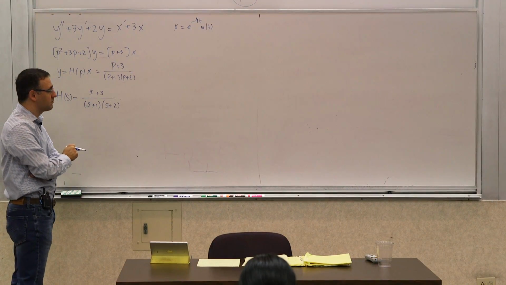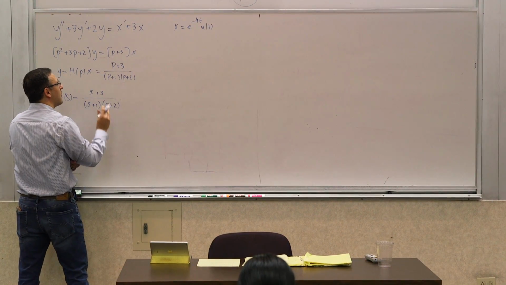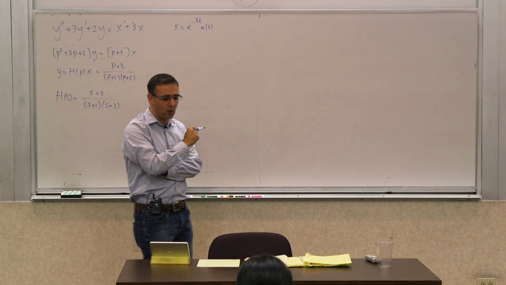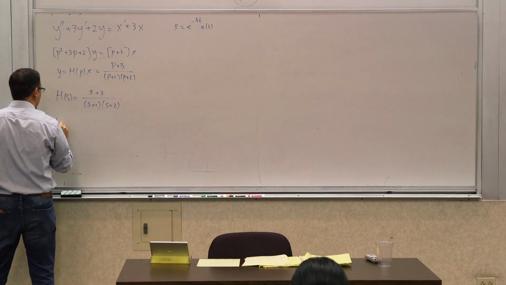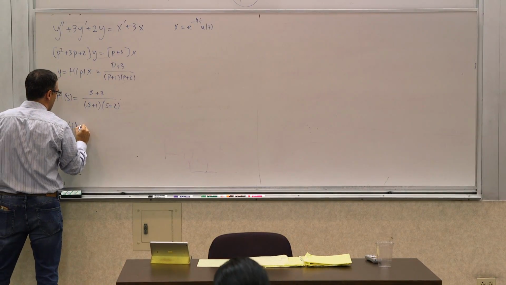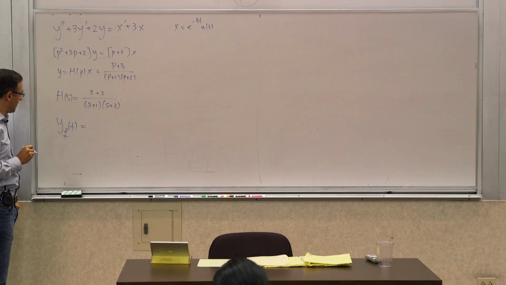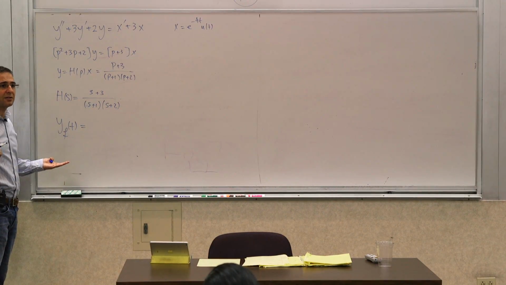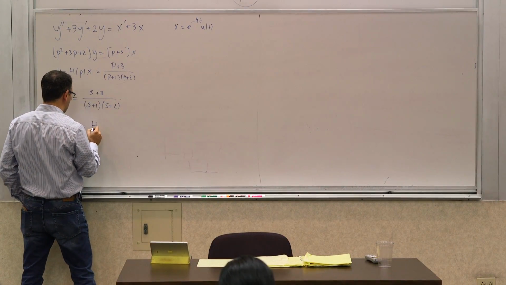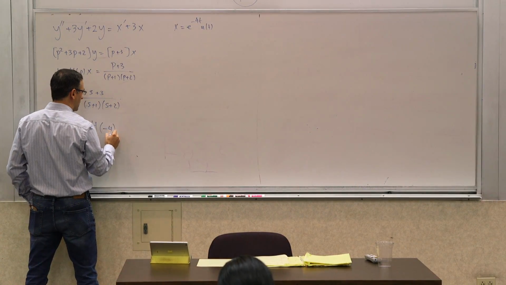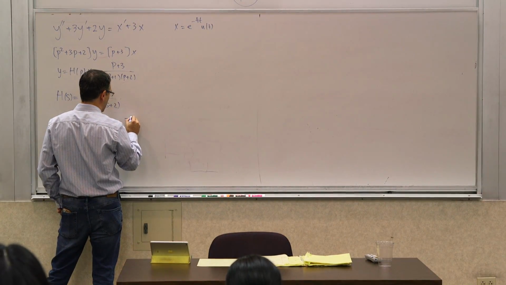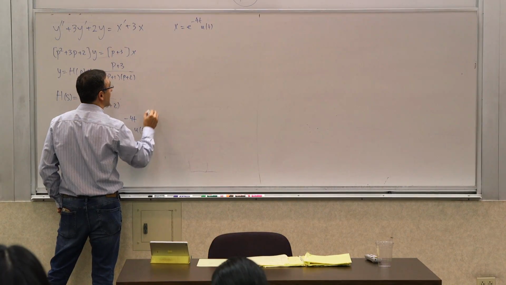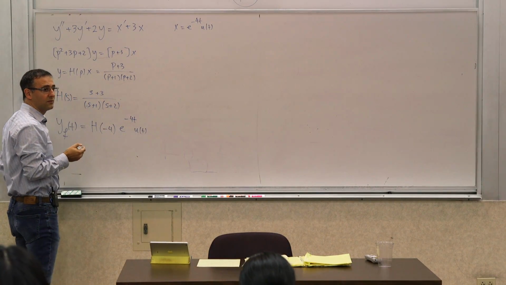So what is the response? I know that if I ask you what is the forced response, if I'm only interested in the forced response to this, what is the y_f of t of this thing? It should be pretty straightforward to calculate, right? You calculate H, in this case H of negative 4, and then multiply it by e to the negative 4t u of t. That's your input, and that gets multiplied by H of negative 4,